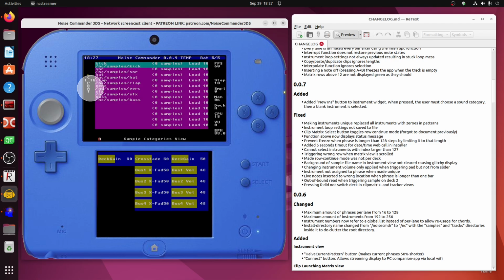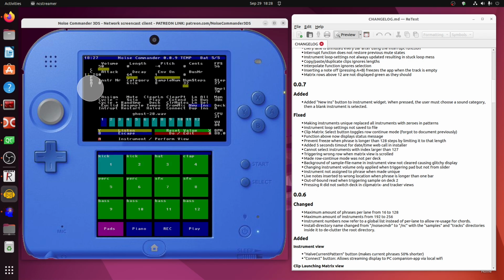I think I currently don't have any samples loaded, so let me quickly load some. Yeah, for some reason this became a kick, and let's say I want to make it a snare again, so snare. And now I can kind of cycle through my snare samples that are loaded. I'm not going to go through all the fixes, although there was a lot of bug fixes, some pretty bad